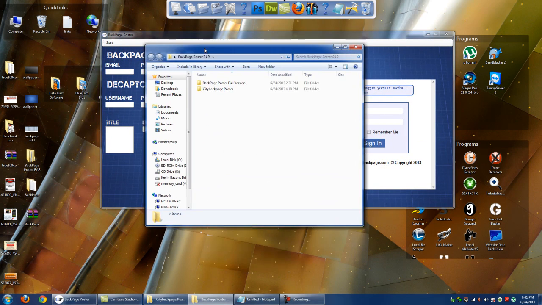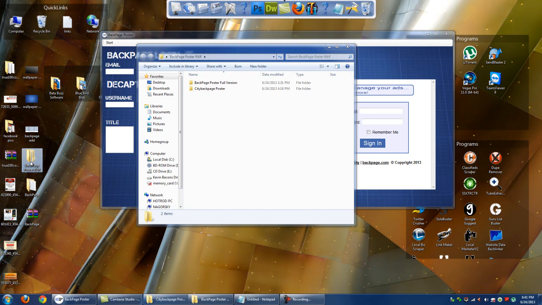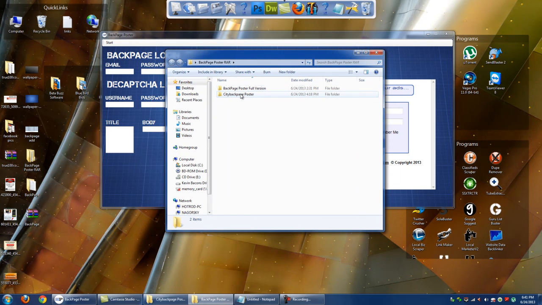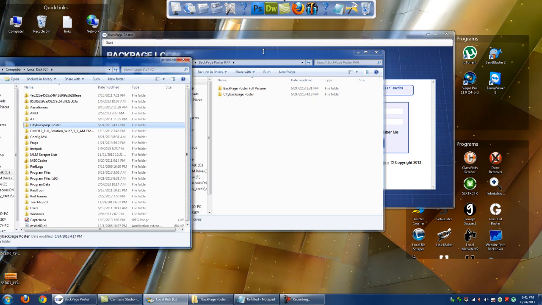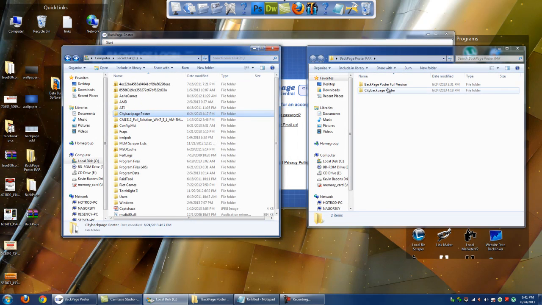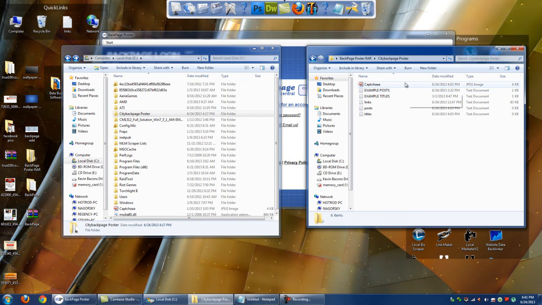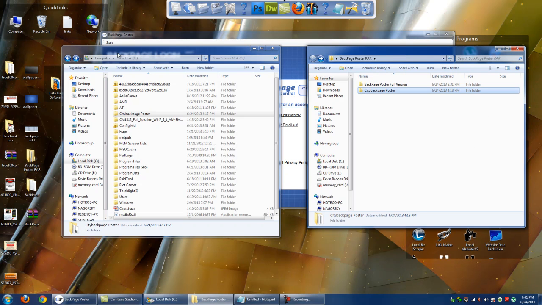Right after you download and extract, you're going to get a folder, kind of like this one down here. Open that up, and you'll get this. First steps to take: the file that says City Page Poster, this one, you're going to want to copy that to your local